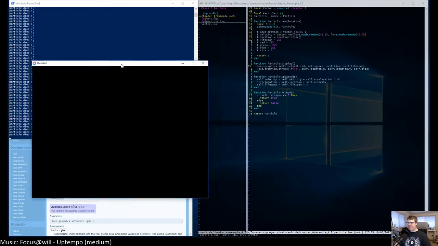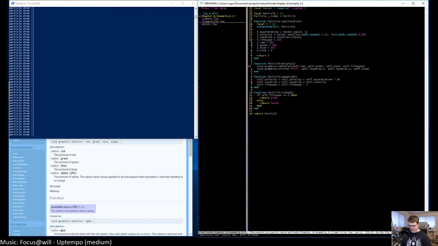Ha! It died before it could get down here. Okay, so this 2, I'm going to also multiply this by dt to make it a lot slower. And let's increase this speed down. So make this 5.